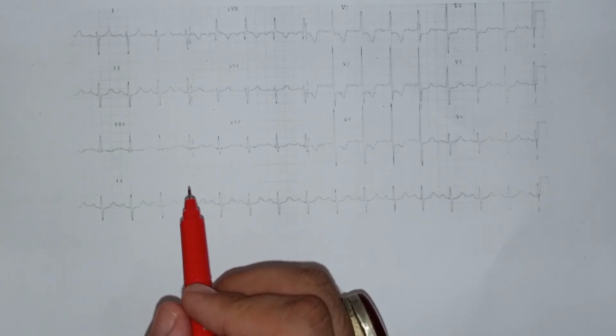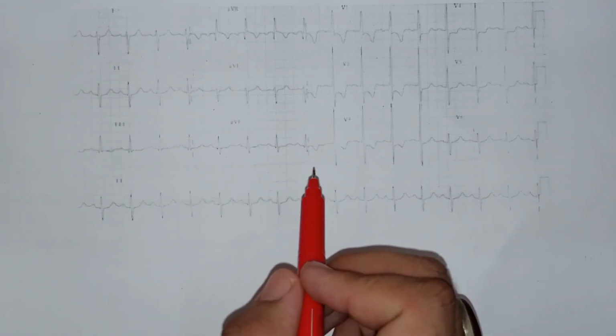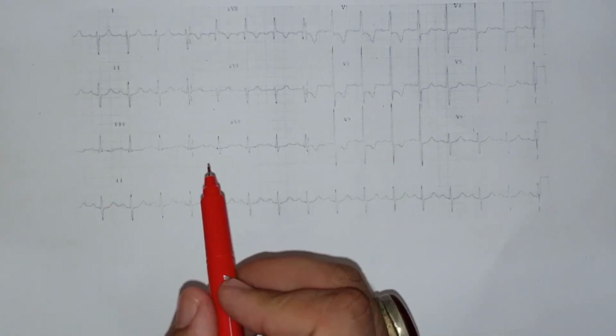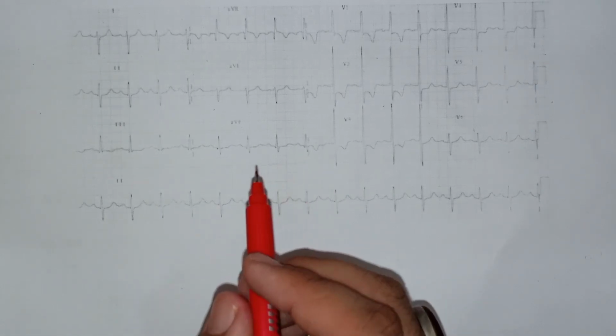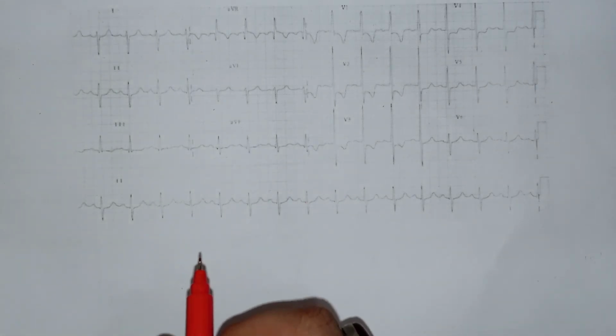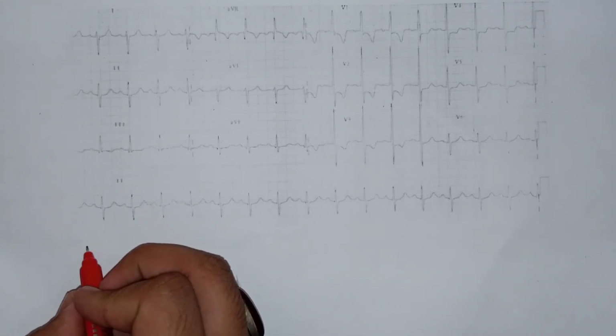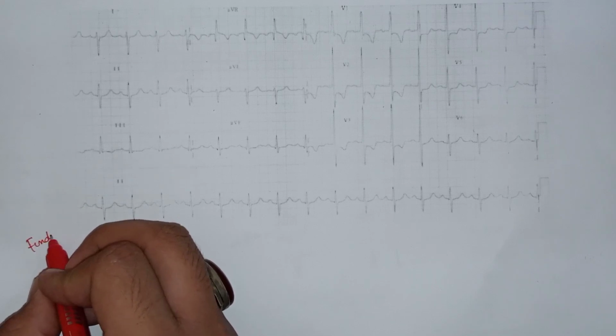In this video we are going to discuss how to solve an ECG station in the OSCE exam. First a student should write the findings in the ECG and then comment on the diagnosis. So let's start with the mnemonic RAHIB, as we have discussed previously. First check the R of RAHIB, that is rate. These are the findings in the ECG.